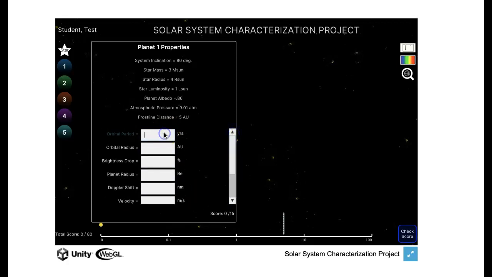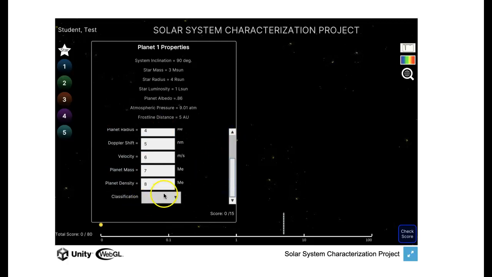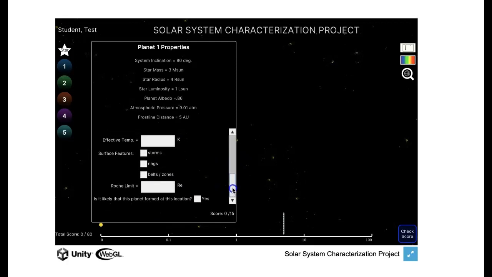Once you're done with that, and I'm going to, again, put in some dummy answers, I'll say, okay, what kind of planet is that? Let's say it's a gas giant. Once I classify the planet, that's going to unlock the next block of questions. Once I answer all those,